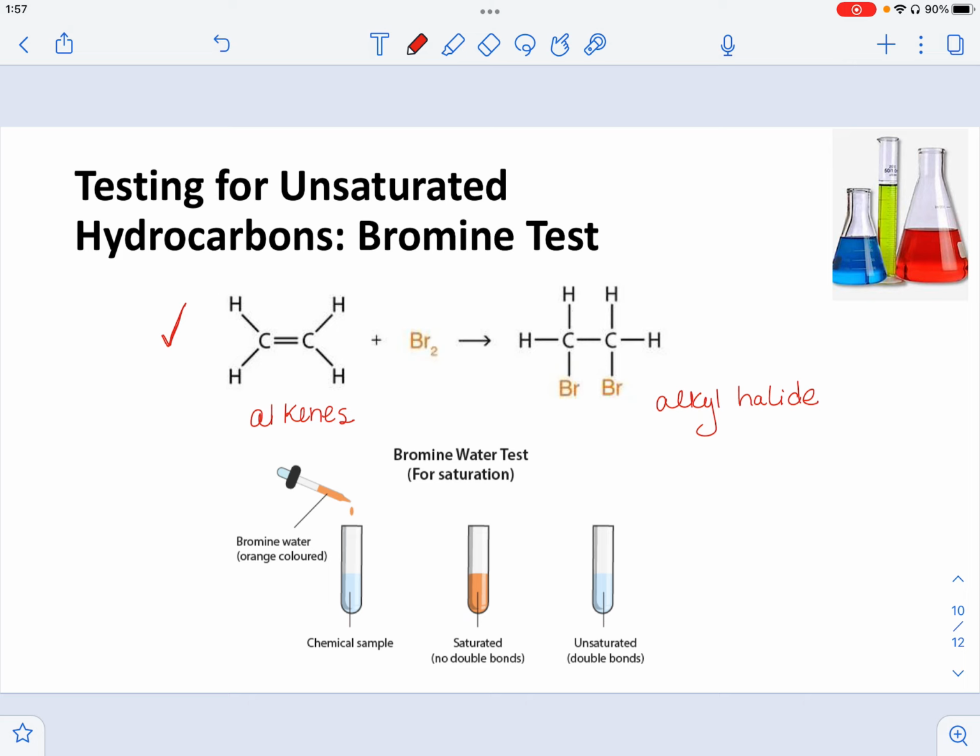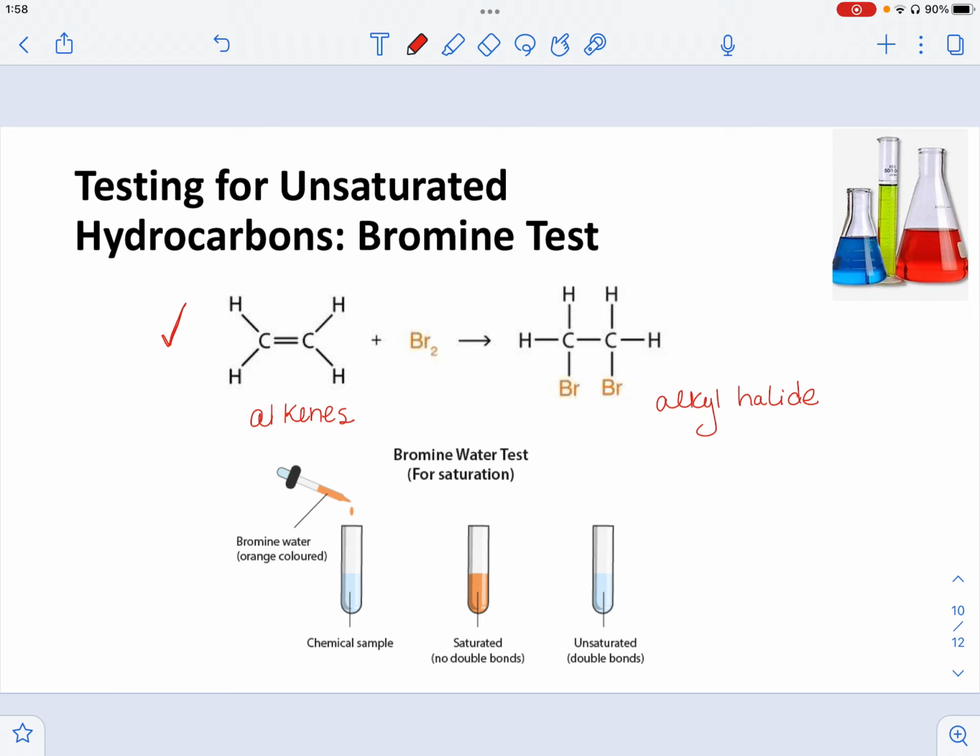As you can see in the bottom figure, if you have a chemical sample, and that chemical sample is a saturated hydrocarbon, meaning that it has no double bonds, the solution will remain the color of the bromine water. That's why you see that if you have in the sample a saturated hydrocarbon, the solution